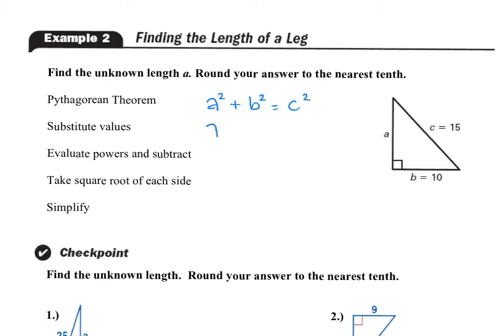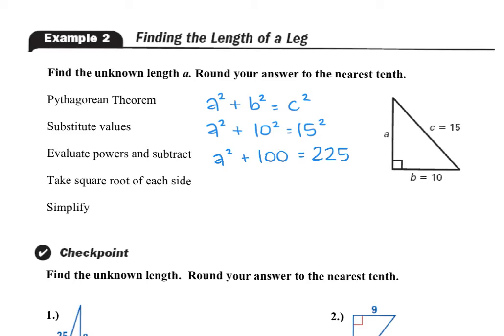Well, in this one, A we don't know. B is 10, so I'll plug that in, and C is 15. All right, well, let's start with squaring each thing. So I have A squared plus 100 equals 225. All right, now think, if I want to get A by itself, what do I need to move away